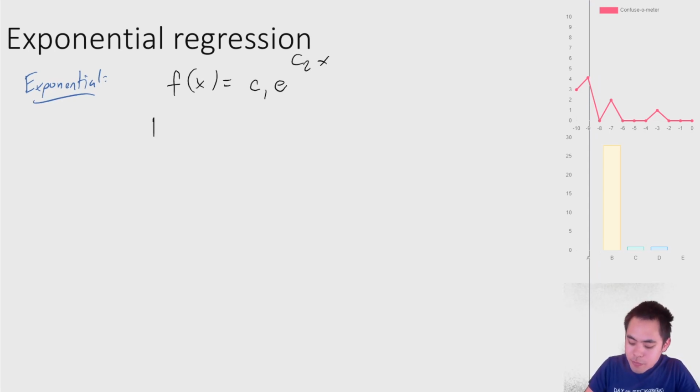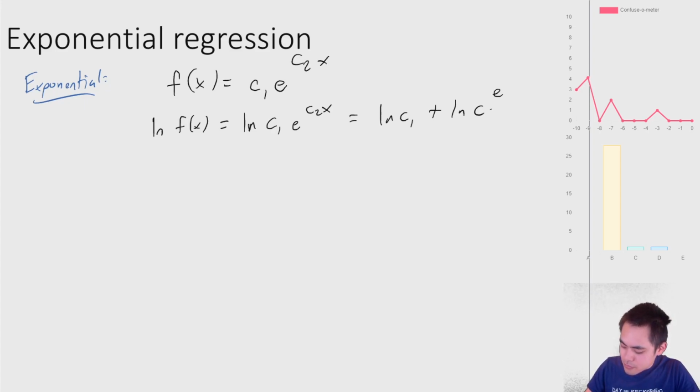So if you take log of both sides, natural log of f of x is equal to natural log of c1 e to the c2x, which is equal to natural log of c1 plus natural log of e to the c2x, which is equal to natural log of c1 plus